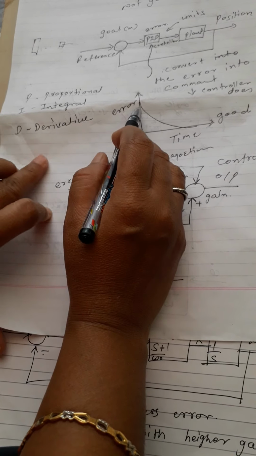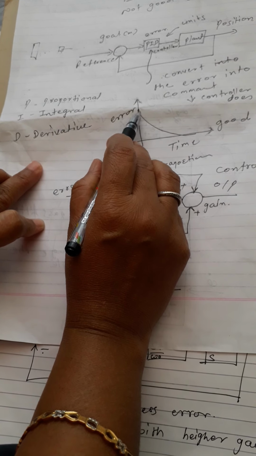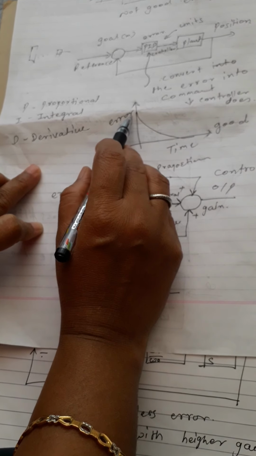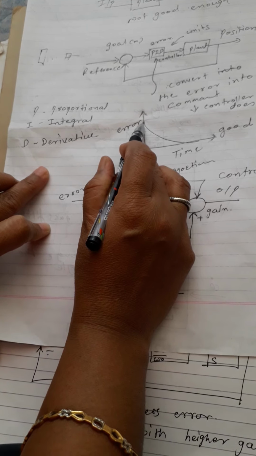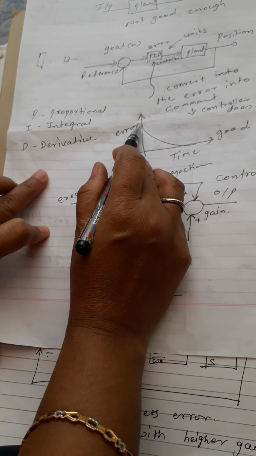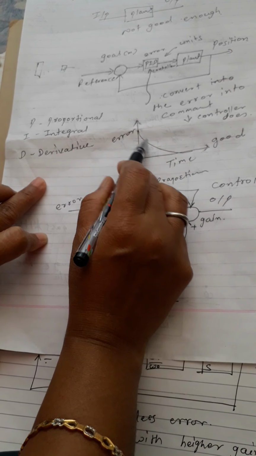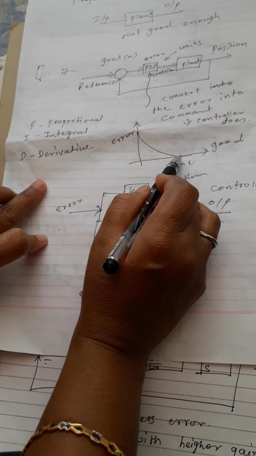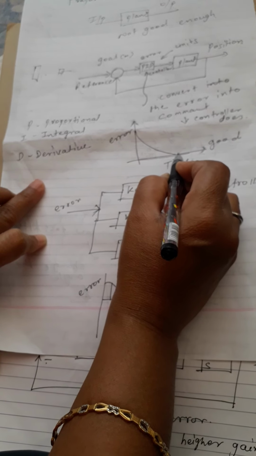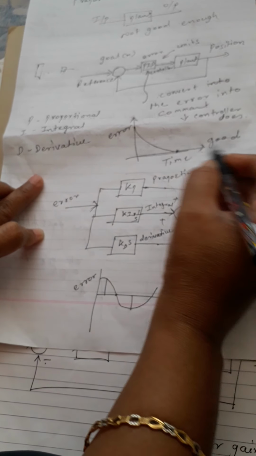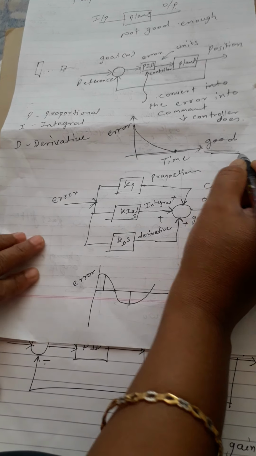Now see, as I just said, if I want 1500 speed but I am getting 1490, then 10 is the error. So this error is maximum. For example, the 10 RPM I have not got is nothing but the error. This error should minimize with respect to time. So it goes on decreasing, and it takes a time period to come to the 0 position. The error becomes 0 here. If the error becomes 0 with respect to time, then it is a good condition.